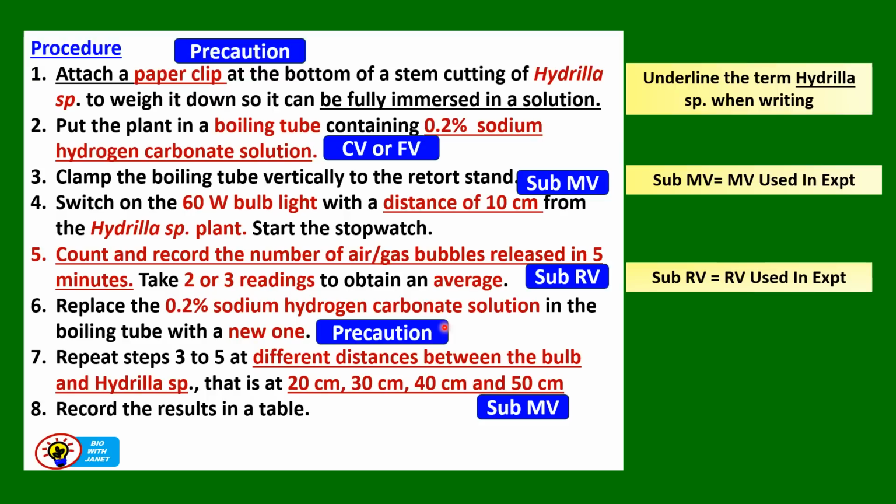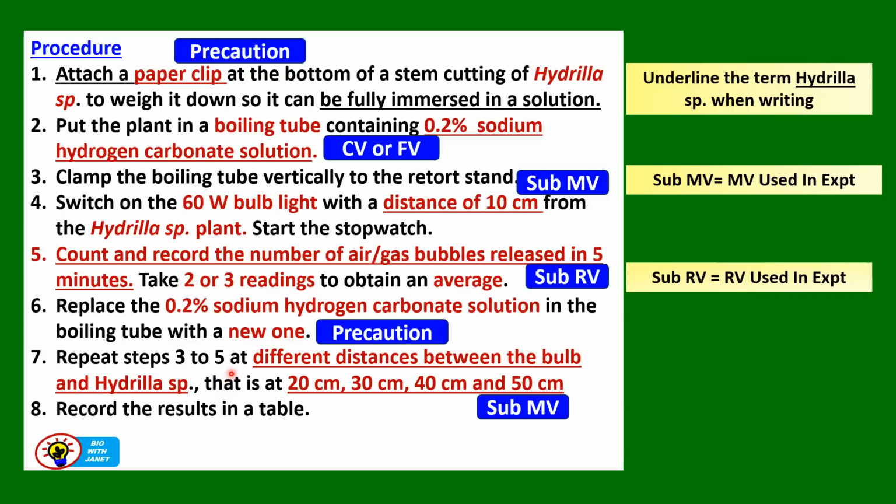Then next, replace the 0.2% sodium hydrogen carbonate solution in the boiling tube with a new one when you've finished the first experiment. So this is again a type of precaution, because if you don't change the solution, then the results will not be very accurate, because you're using an old solution which may release less carbon dioxide compared to the first experiment. So you have to replace the 0.2% sodium hydrogen carbonate solution with a new one, so that the concentration of the sodium hydrogen carbonate solution is kept at 0.2%